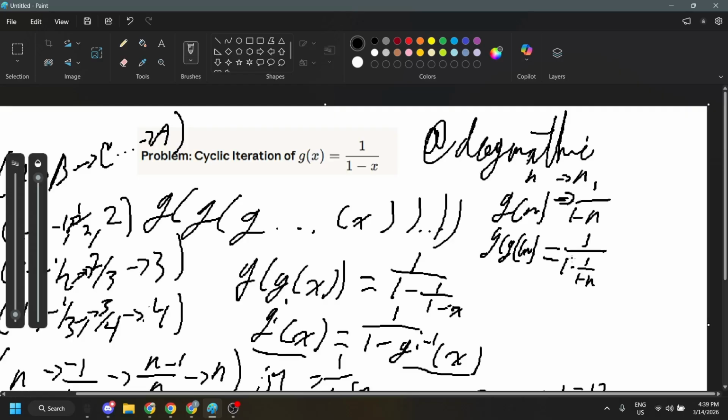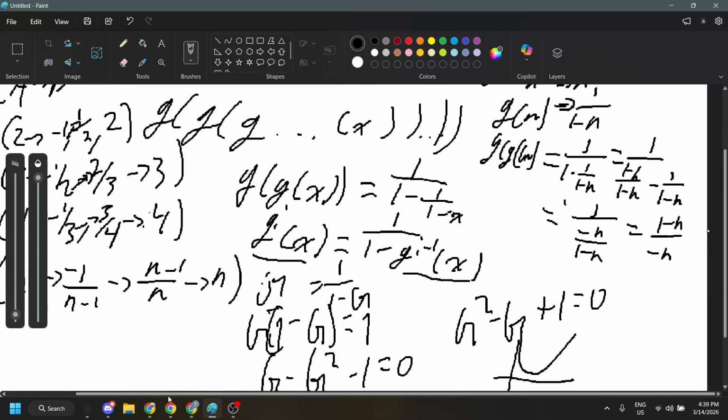This is going to be equal to 1 over 1 minus n over 1 minus n minus 1 over 1 minus n. So then we just get 1 over negative n over 1 minus n, which is equal to 1 minus n over negative n, which is